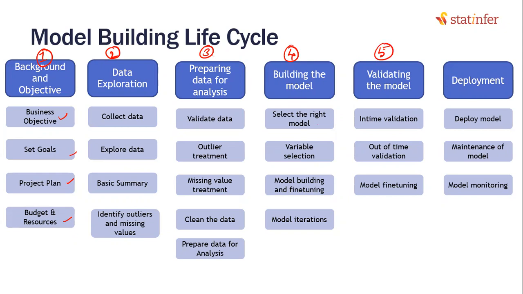The fifth step is validating the model. We have seen already a few validation methodologies. For validating a regression model, we use R-square. For validating logistic regression and decision tree types of classification models, we use the confusion matrix and accuracy, isn't it? Now there are a couple more validation measures. That is what we are going to discuss here.